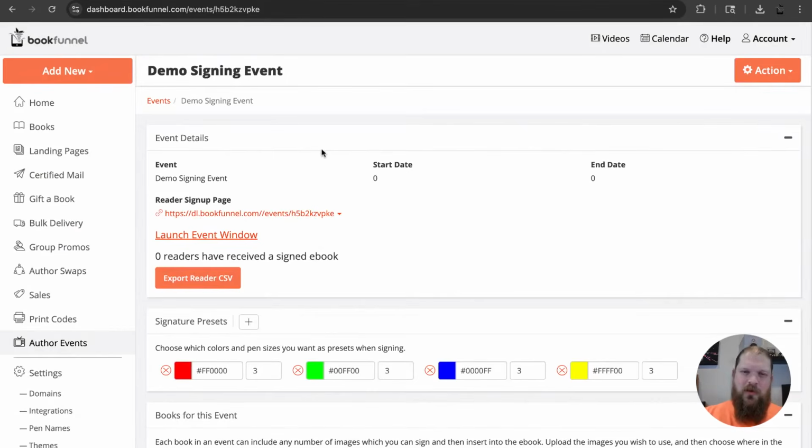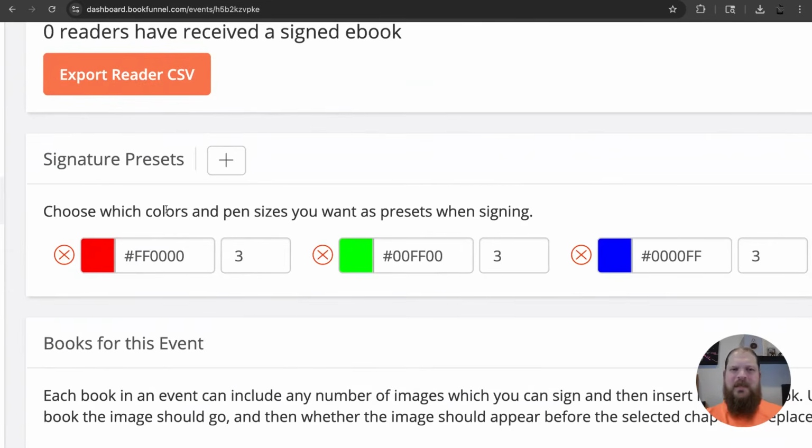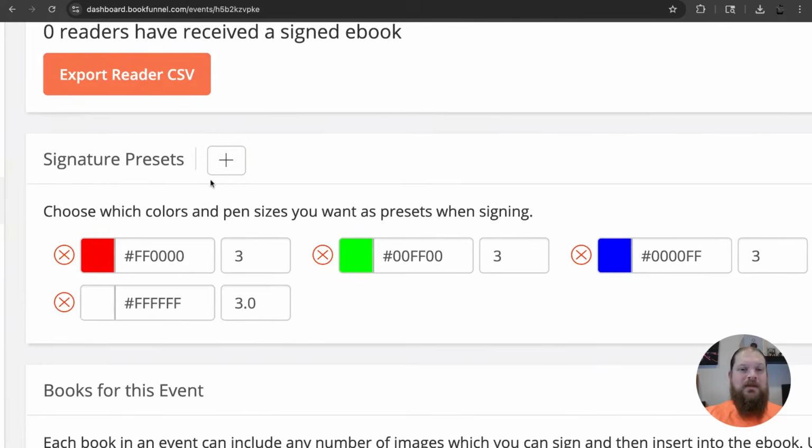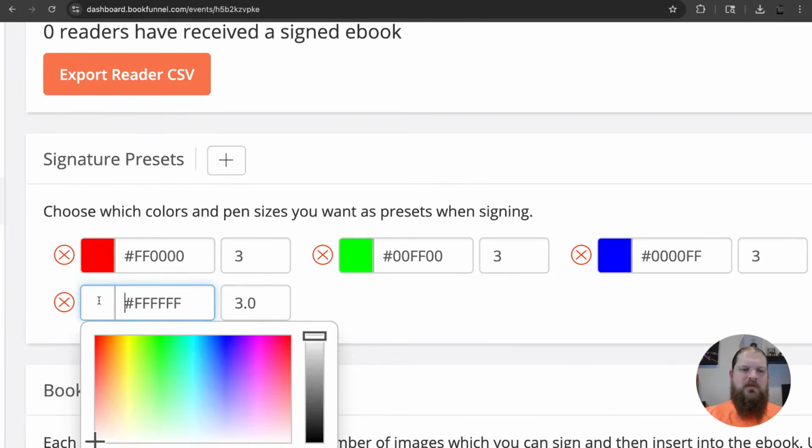But before we get too far ahead of ourselves, let's look at some of our additional customization options that we have available. For starters, we have our signature presets. Now, your signature presets allow you to choose which colors and pen sizes you want as presets when you are signing. By clicking the plus sign, I've added an additional color here